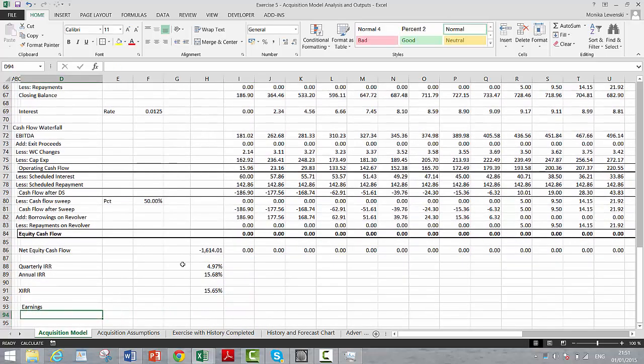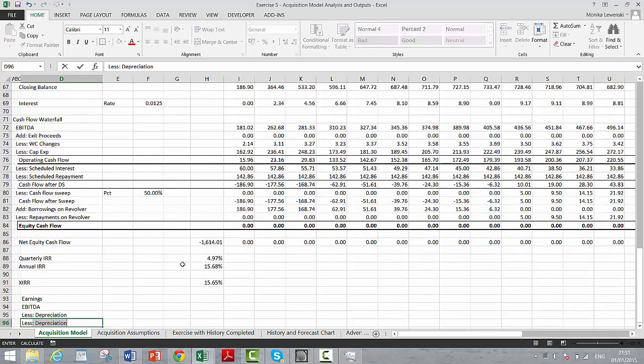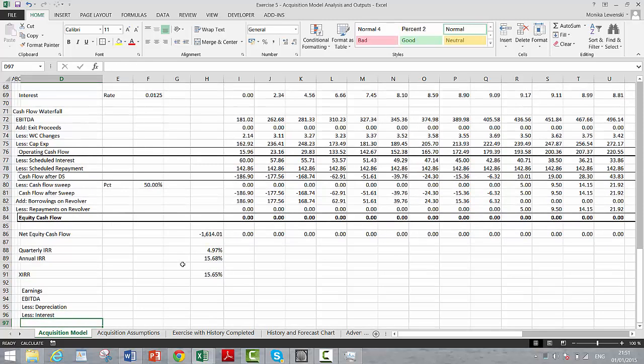That's our EBITDA less the depreciation less the interest. I think we had no taxes in this one, remember? I hope that's right. Did I forget something? So let's take our EBITDA minus our depreciation,